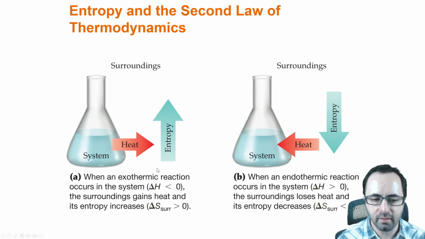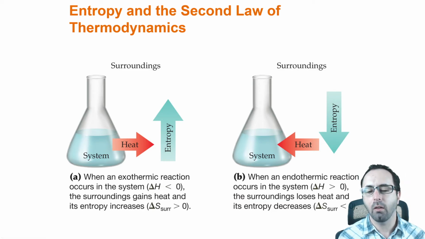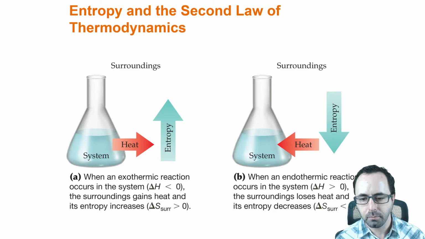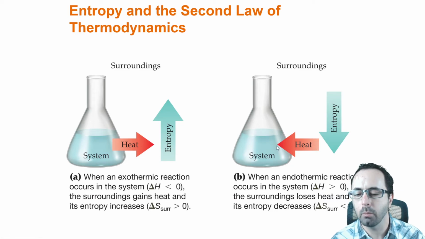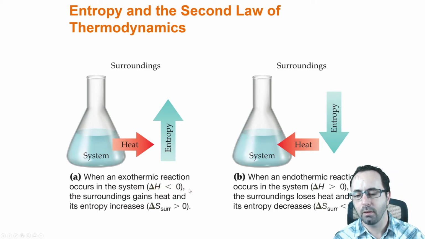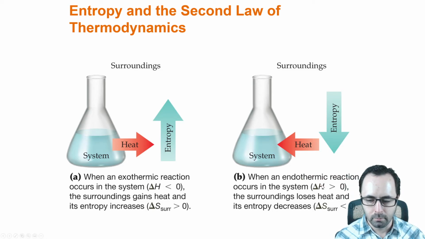Well, if you have a system like your reaction here and it is exothermic, it is releasing heat, that means that all of the molecules in the surroundings, because they're absorbing this heat, are increasing in temperature and their entropy is increasing. So what an exothermic reaction means is there's an increase in entropy for the surroundings. And so that favors spontaneity for a reaction. If you have an endothermic reaction, that means heat is being absorbed by this reaction. For the exothermic reaction, delta H is less than 0, it's negative, it's losing heat. For an endothermic reaction, delta H is positive, it is absorbing heat.